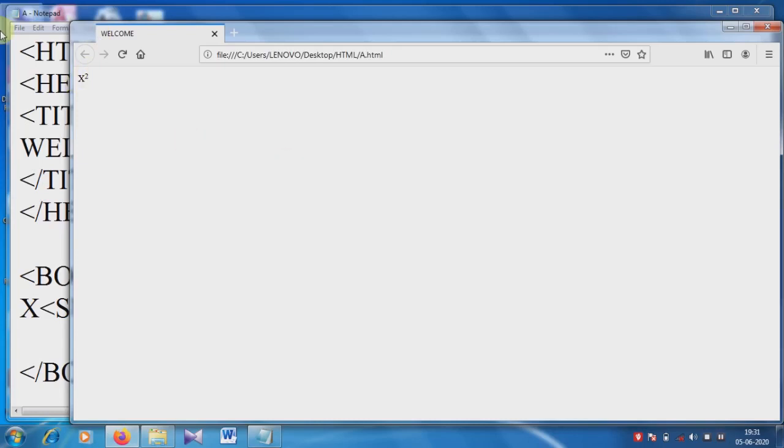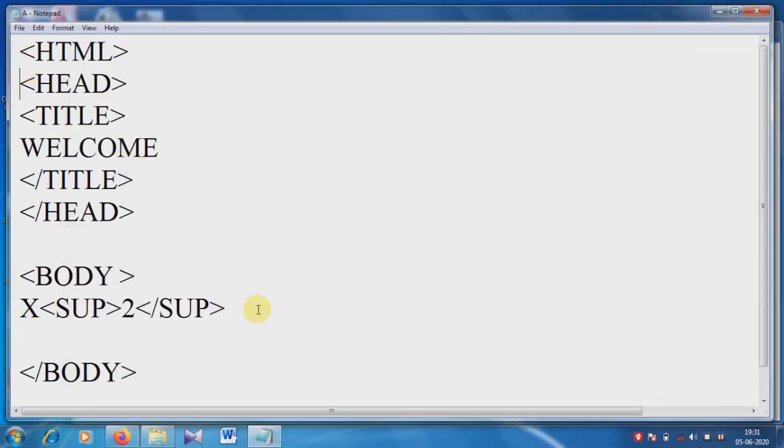Then subscript. Okay, suppose I am writing the chemical formula of water, H2O. H, then 2 slightly below the normal text, and then O. So I am writing H, and 2 we have to write slightly below.